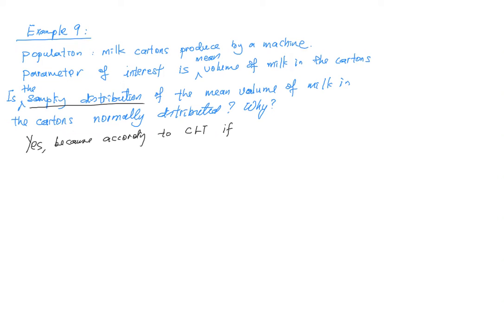Okay, so because according to central limit theorem, the population of volume of milk in cartons, the population of volumes is normally distributed. So therefore, the sampling